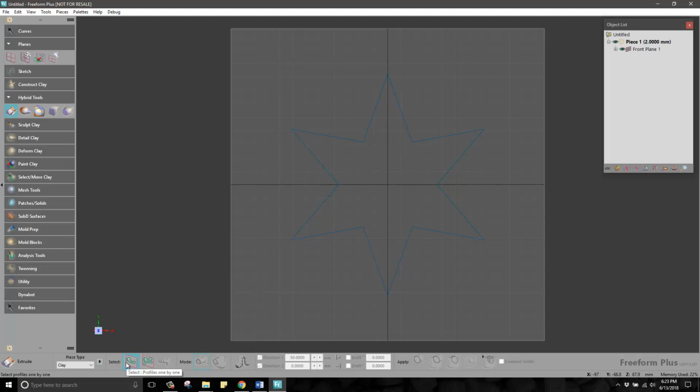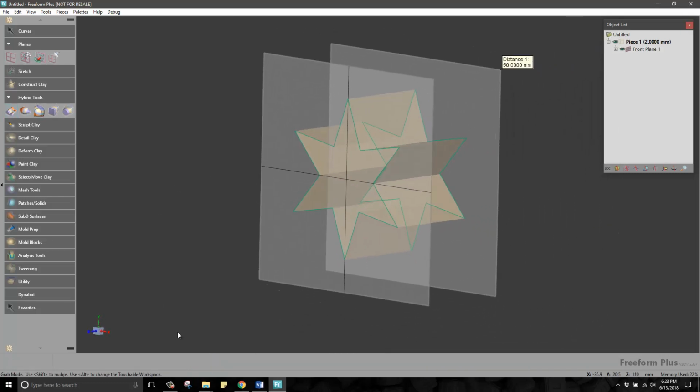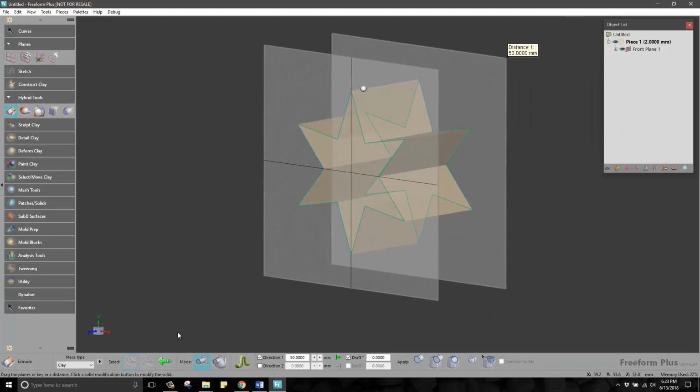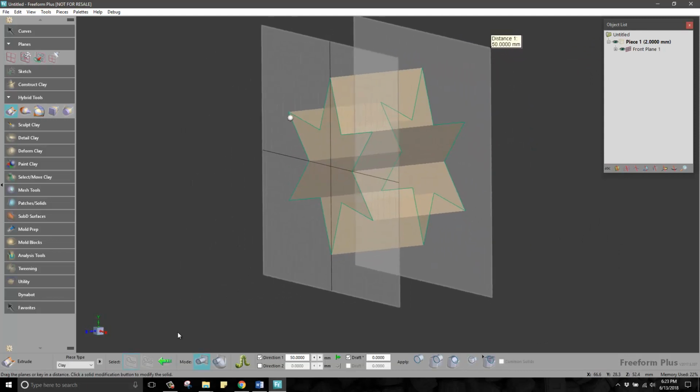The profile select looks the same, so I'm going to click on that. I get my green arrow and I move on. Now you will notice things have changed a bit. Inside Extrude, we get a preview of the resulting geometry. This was not the case in Wirecut. The center plane where the sketch is now fixed. You cannot drag this plane out as you used to be able to in Wirecut, but we've added the option